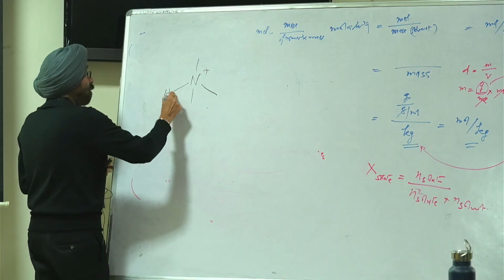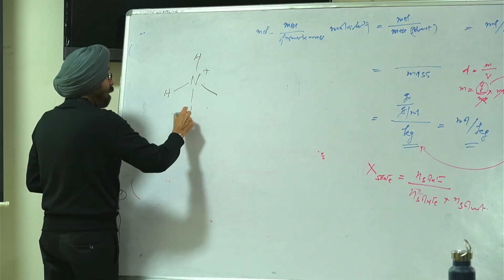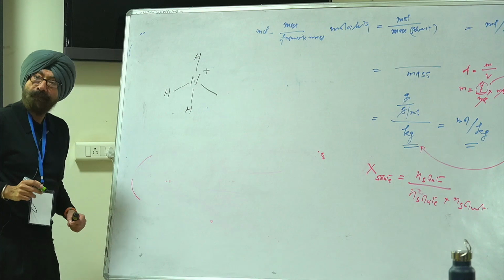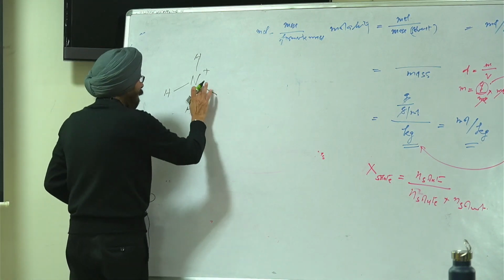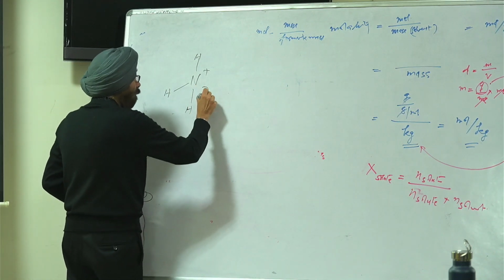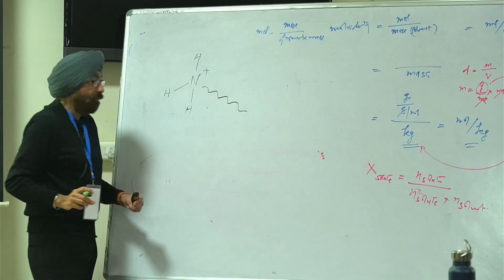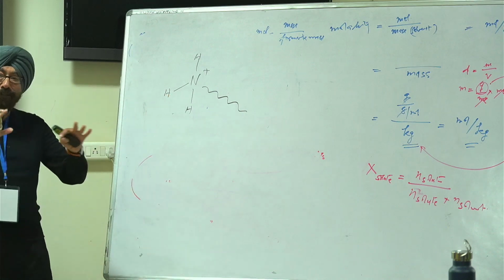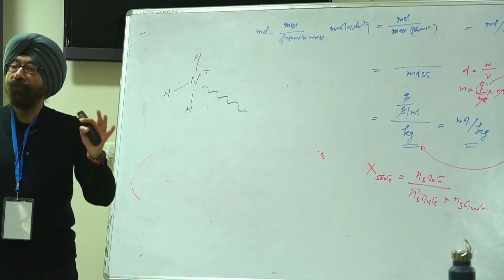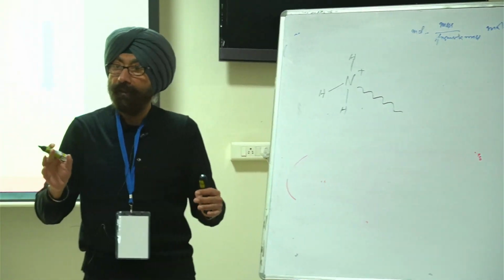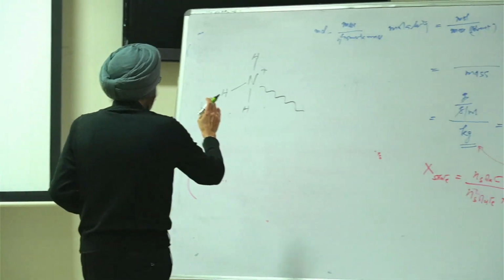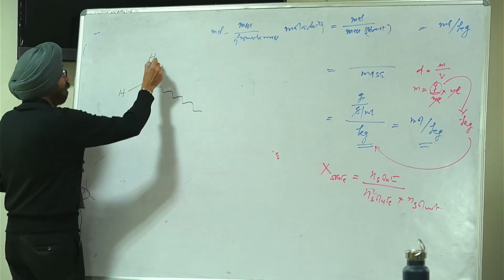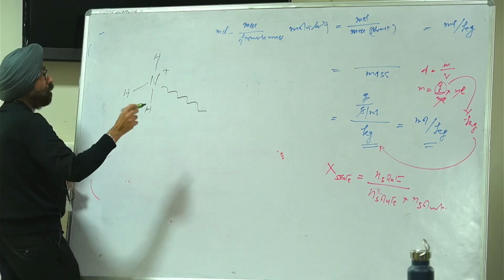So I have 4 hydrogens making the ammonium ion. If I replace one hydrogen by adding a hydrocarbon tail, right? When the ammonium ion is dissolved in water, it is completely soluble. There is no issue. But when I have to add some kind of hydrocarbon tail,